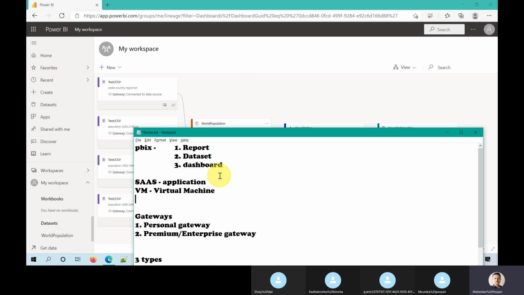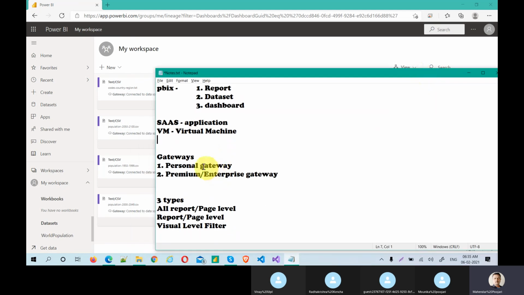You need to see how much throughput is going in and out, how frequently data is getting refreshed, and whether there are any gateway issues. Usually in Power BI support, you will see the gateway go down sometimes. Sometimes you need to change the schedule refresh. We'll talk about that in the schedule refresh part. But for now, understand that a gateway is the connection between Power BI service and Power BI desktop or your local computer.